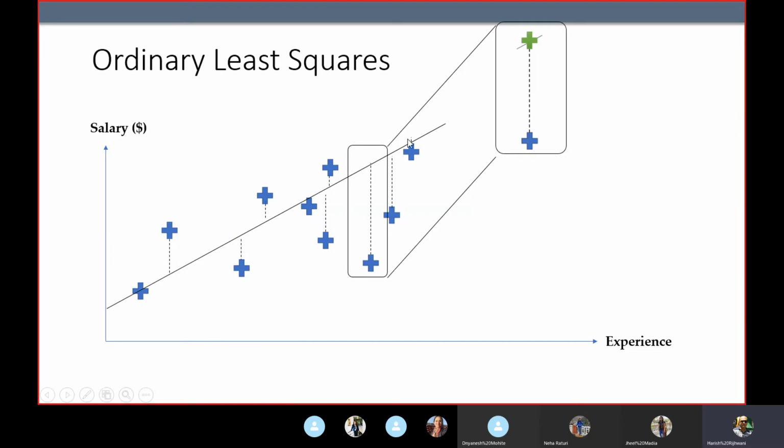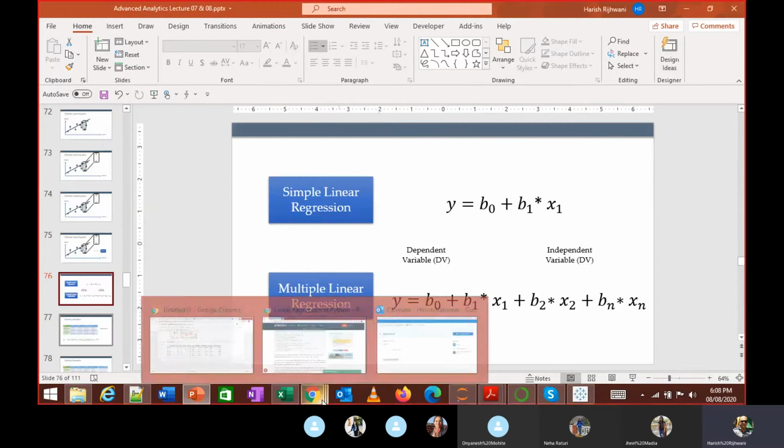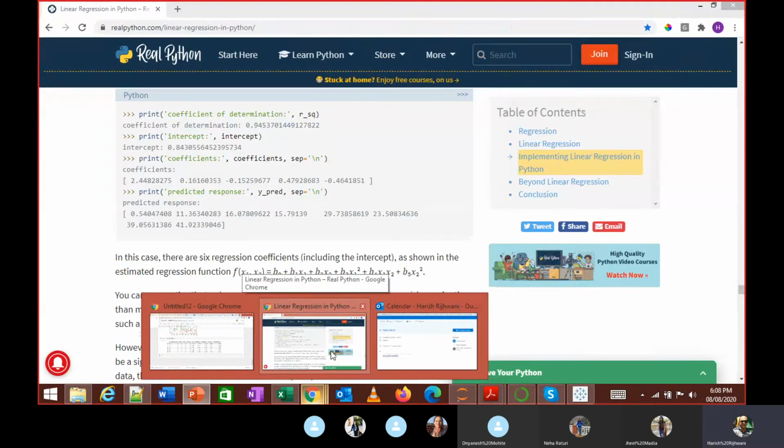I am taking the difference, that is the residues, and I am squaring this. I need to minimize this difference, because that way I will be able to find the best fit line where this value is minimum. So first we are going to try simple linear regression in Python. You understood the concept, right?